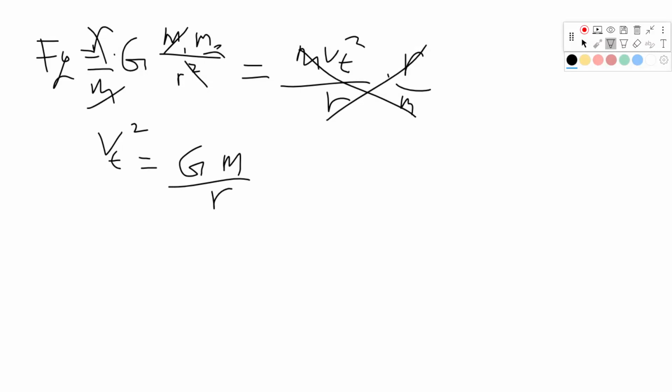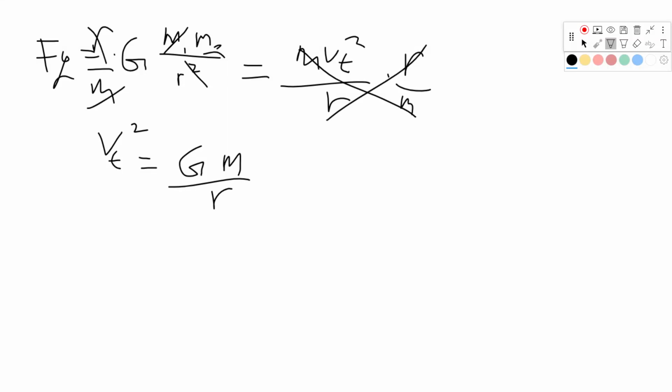Oh, and this should be squared. Okay. Then we said we're going to take our little equation for the speed, right? We said speed is equal to distance divided by time. And so we have to have the distance, which is 2 pi r. So our tangential velocity is going to be 2 pi r divided by the orbital period, the time it takes,